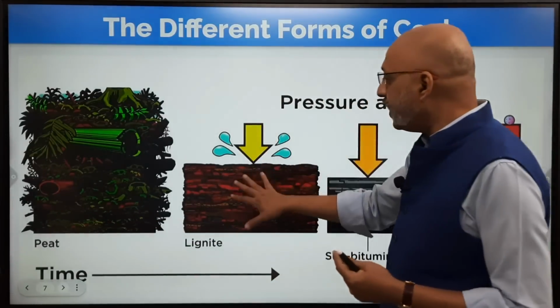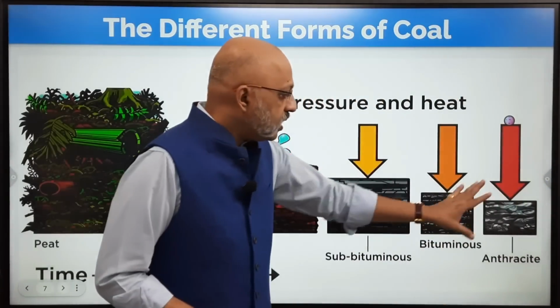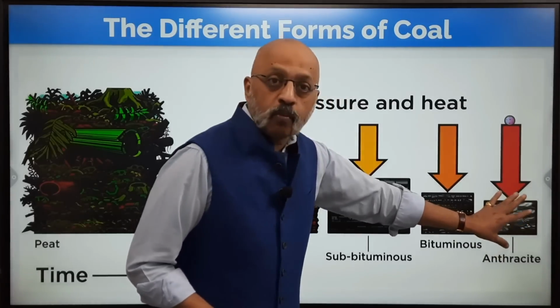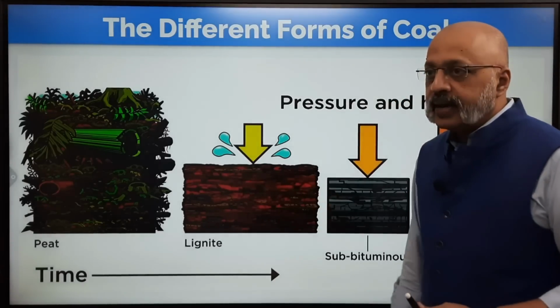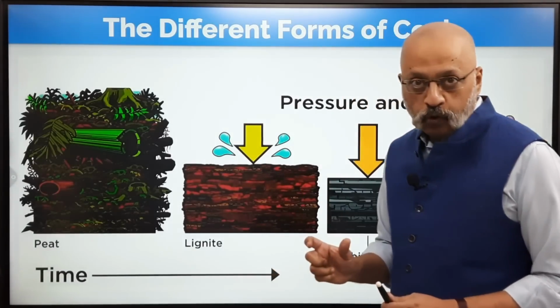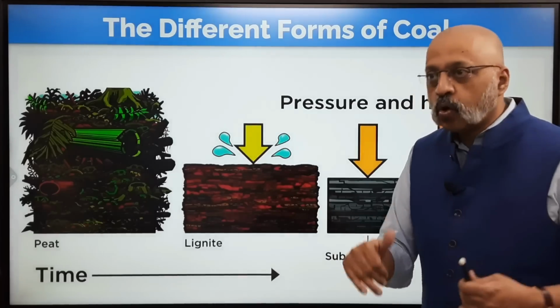Then we come to lignite. Where there is less pressure, lignite is formed. When there is more pressure, anthracite, which is the highest form of coal, is formed. Which is why I want to come in this order. Lignite is the lowest quality of coal. This is the precursor to coal, before coal. Lignite is the lowest quality of coal.